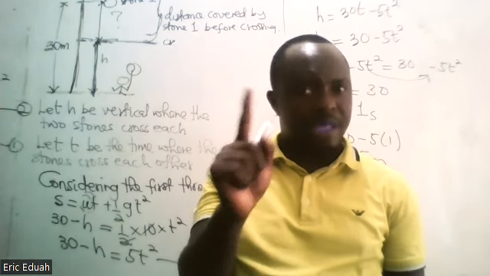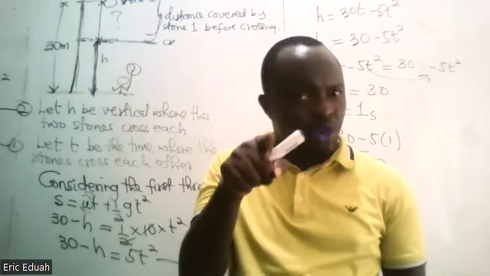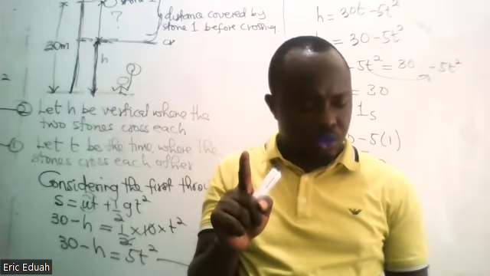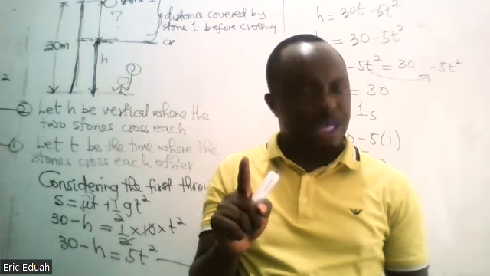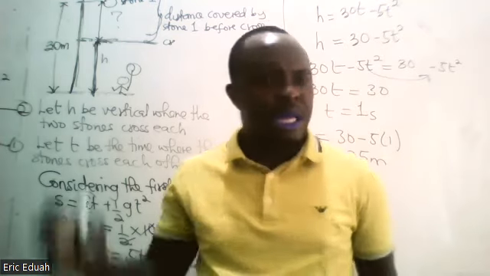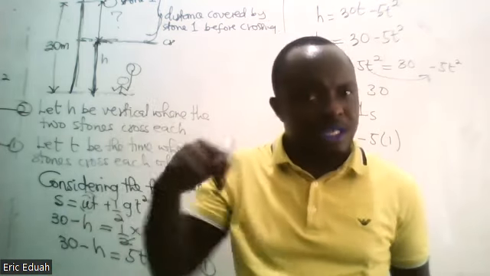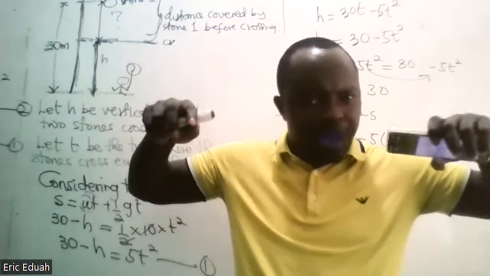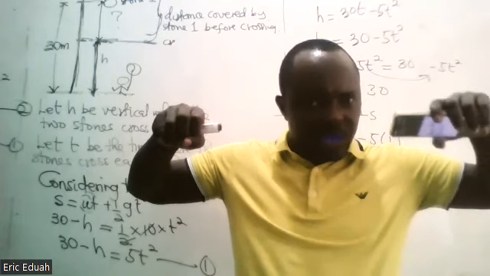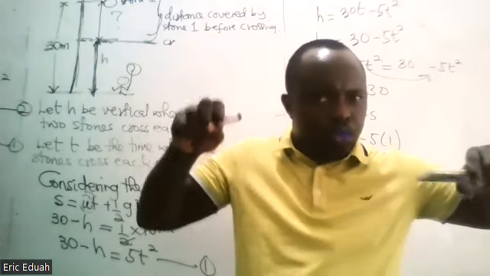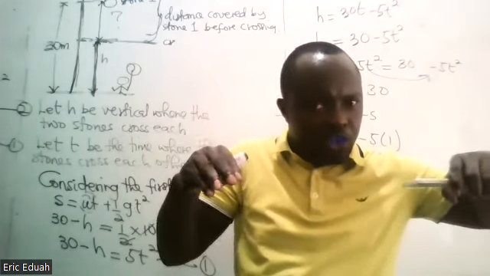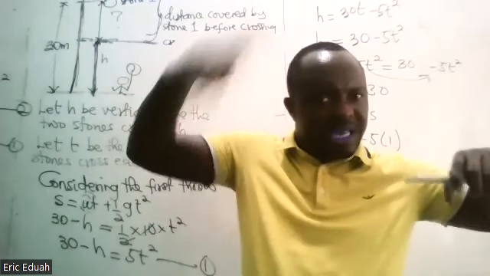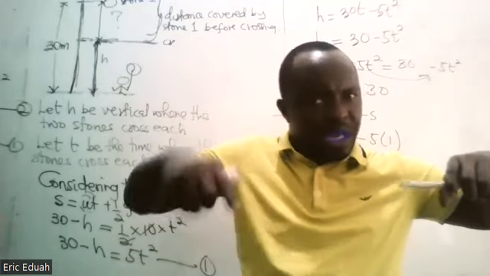It's in the sheet I sent you, but the question omitted that. Take the acceleration of the second stone to be 15 meters per second squared. What it means is that the acceleration of the second stone will not be due to gravity. Of course, if you have two objects, then you let one fall and then you exert a force on another. When you are at a height, the second object will drop earlier than the